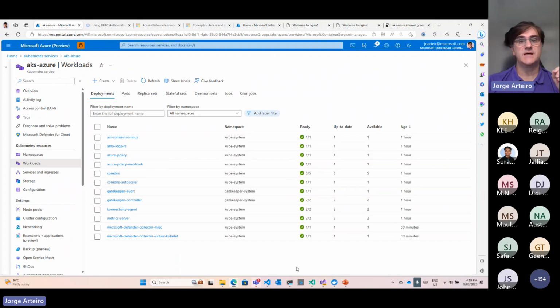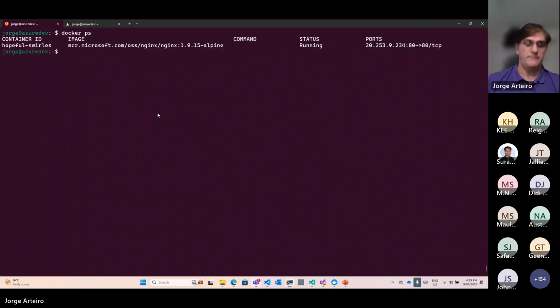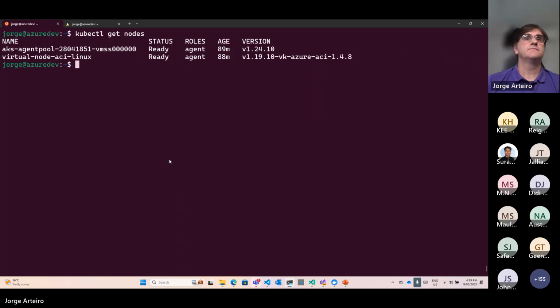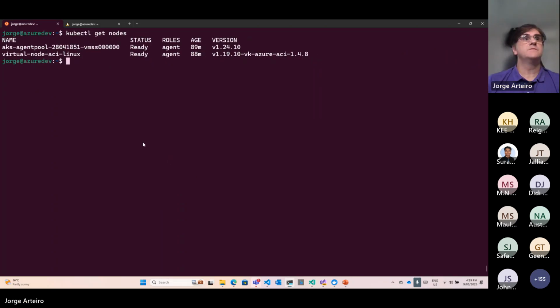And to get access to this cluster from the command line, you can use the command line to see the nodes. It's called, sorry, kubectl get nodes. That's the cluster that you just showed there. We have an agent pool, and you also have what you call a virtual node pool to run Azure Container Instance. This second machine here is just like a fake machine that will be able to run serverless Azure Container Instance workloads. But then kubectl is the command line for Kubernetes.